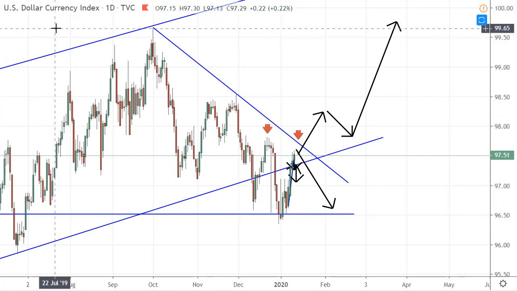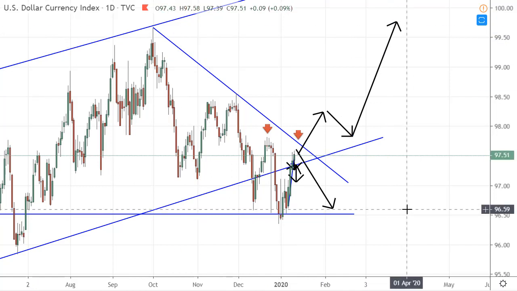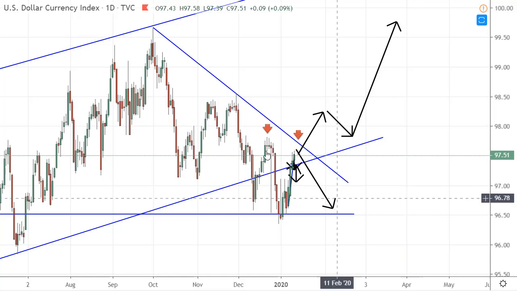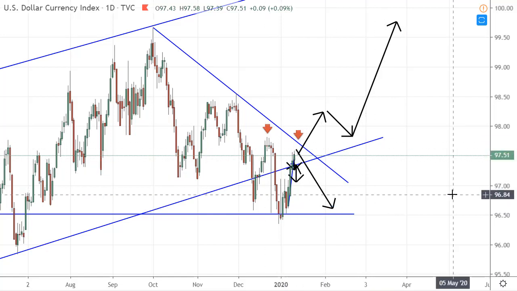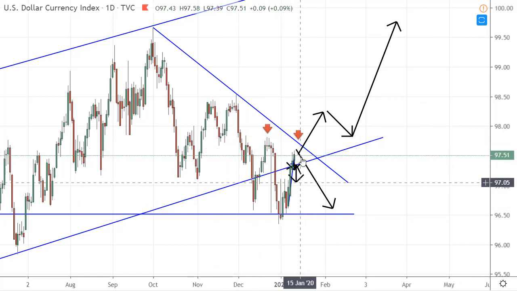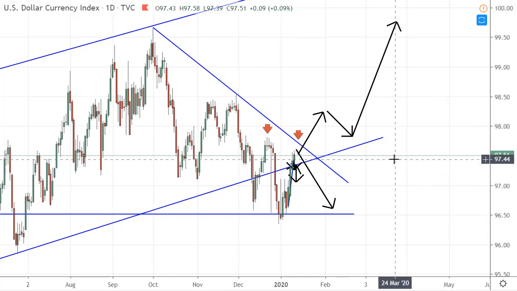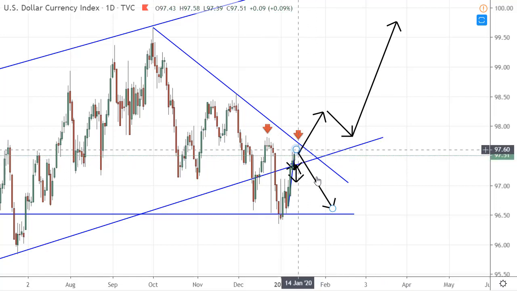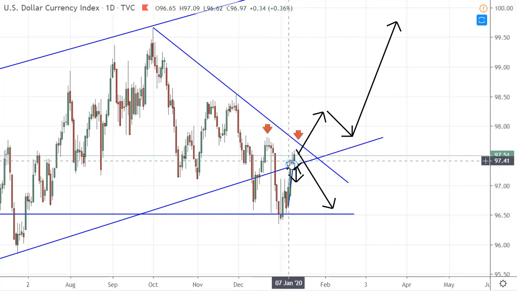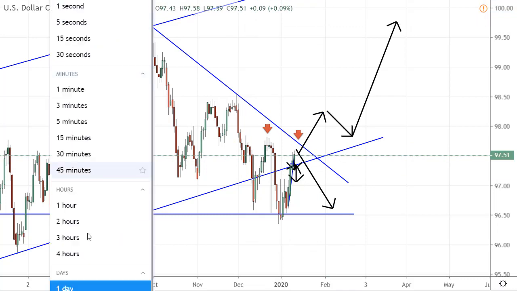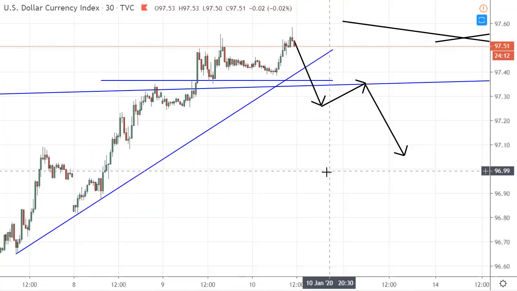The US dollar currency index. That's it for this video. Tomorrow I'll be back with a forex video, and obviously we're going to show some charts with US dollar related pairs. So let's see what this situation here, this strong pullback, will tell us tomorrow. And also let's have a quick look how we end this week. It's Friday now, so let's see how we end the week. Maybe we have some kind of reversal signals, or maybe you have some more information on the thing we just drew over here.